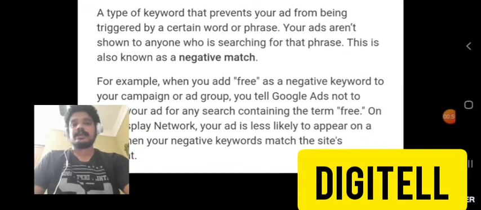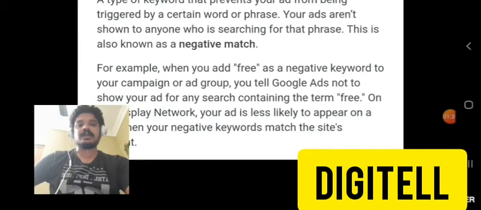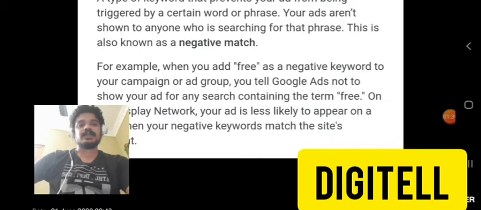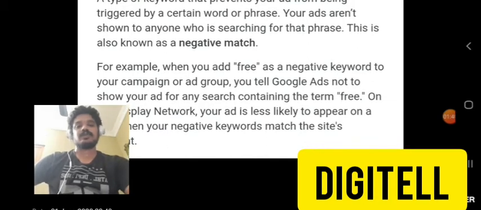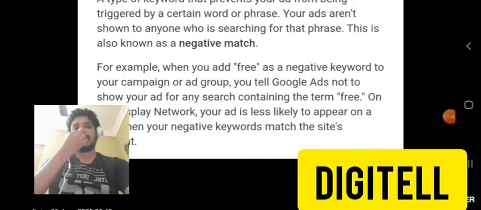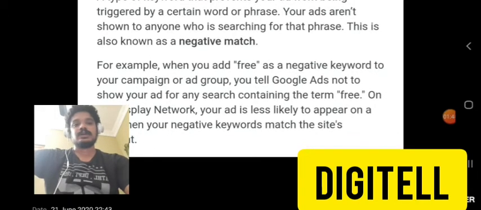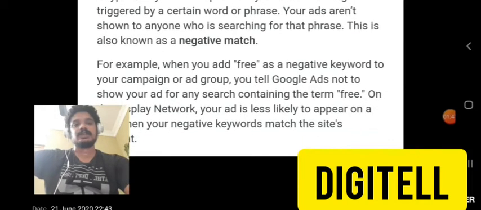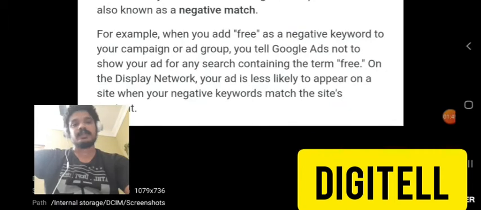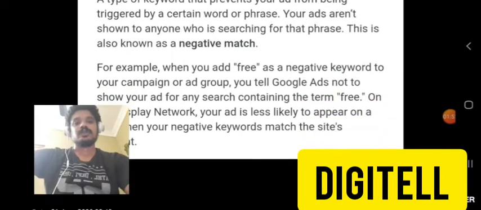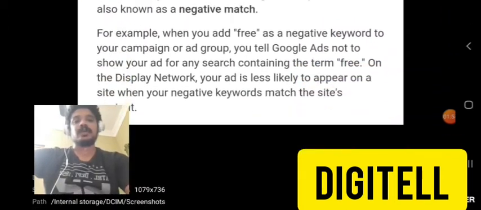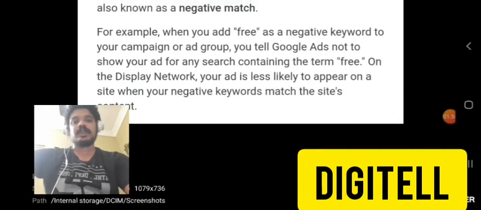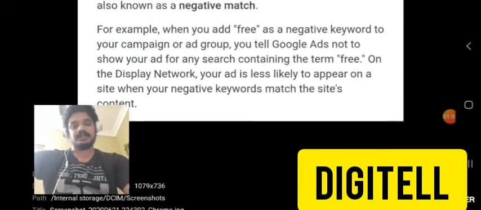So here is an example. If we add a word like free as our negative keyword to our campaign or to our ad group, then the ad will not be shown for any search containing the term free. On the display network, your ad is likely to appear on a site when your keywords match the site's contents.